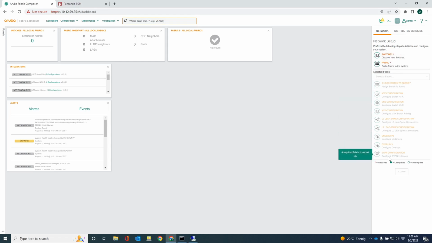This will allow you to build your fabrics in an easy way, create the spine leaves, the underlays, overlays, and everything. But obviously, you can also go through the navigation here on top and go to the relevant configuration item that you want to configure, so the relevant workflow that you want to use. For now, I will use the guided setup for